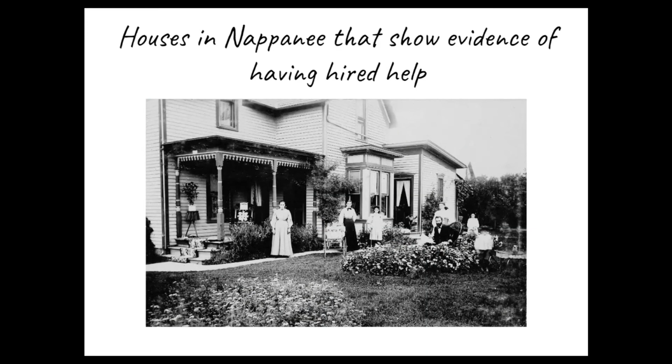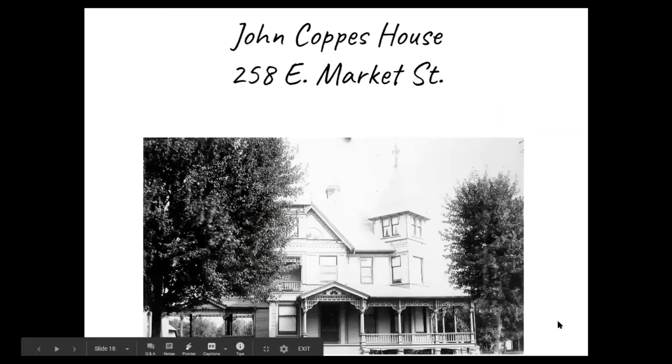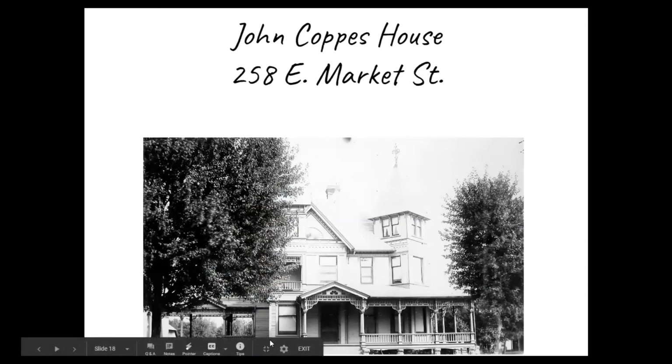So first up is one of my favorites. The John Coppice house. It breaks my heart every time I look at this photograph because it used to be so beautiful. It was built in the 1890s, and the third floor was